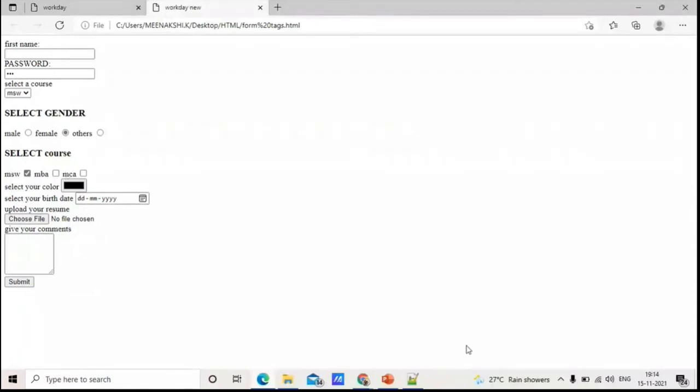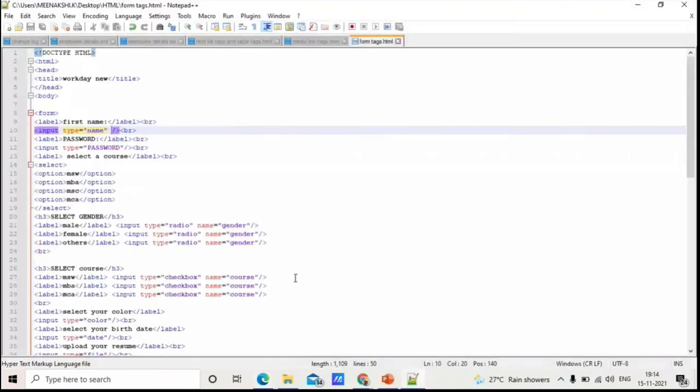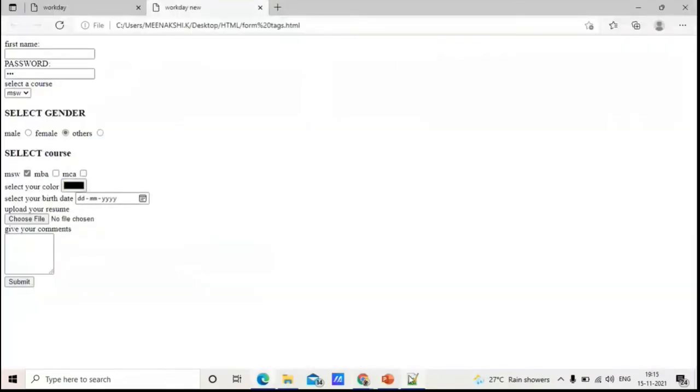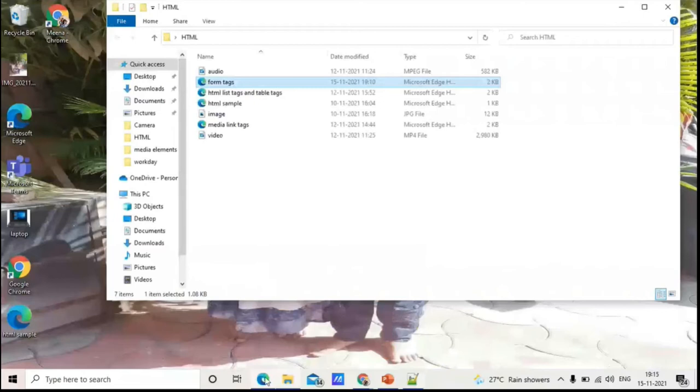For this, the input type you are going to use is, as usual, you are going to give a heading and label, and instead of radio, you are going to give checkbox. This is the difference. The same input type only you are going to give for checkbox. The only difference is instead of the word radio, you are going to give checkbox. So within the checkbox, you can select multiple options.